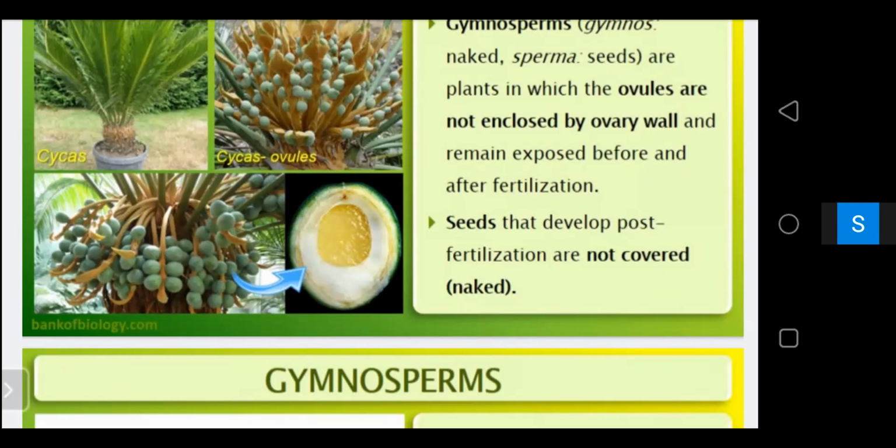They are retained on the sporophyte. This is the main difference between bryophyte, pteridophyte, and gymnosperm. If you compare gymnosperm with bryophytes and pteridophytes, the main plant body is diploid in both gymnosperms and pteridophytes, but the main difference is that in gymnosperms the male and female gametophytes are not free living, not independent. They remain within the sporangia, retained on the sporophytes.